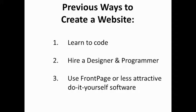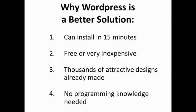The third option in the past too was using FrontPage, which is a very old program for making websites, or some kind of do-it-yourself software, which, I'll be honest, they often look cheap and less attractive than something that is more professionally done. A WordPress website, on the other hand, is such a better solution because you can install it